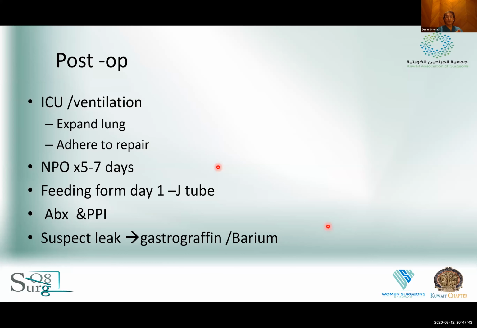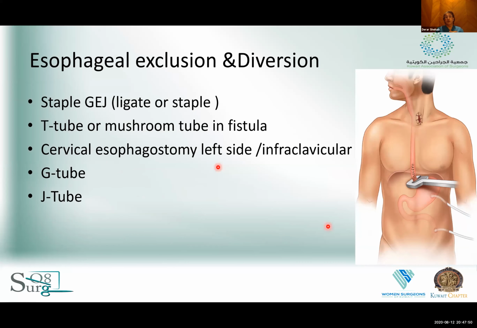So this is one type of repair, which is closure and buttress. The other type of surgery is esophageal exclusion and diversion. Exclusion means that we exclude the esophagus by stapling off or ligating the GE junction, and we leave a T-tube or Malecot drain through the hole in the esophagus to control the fistula. Diversion is basically